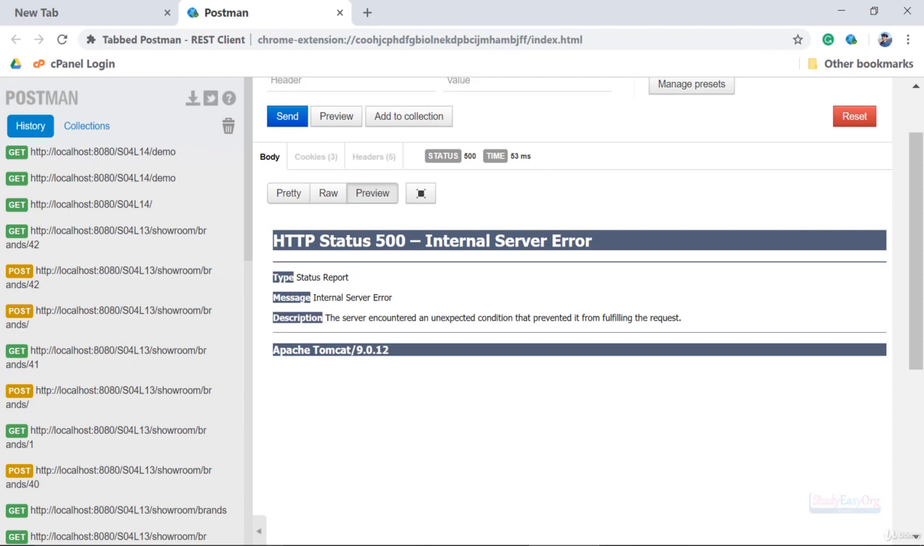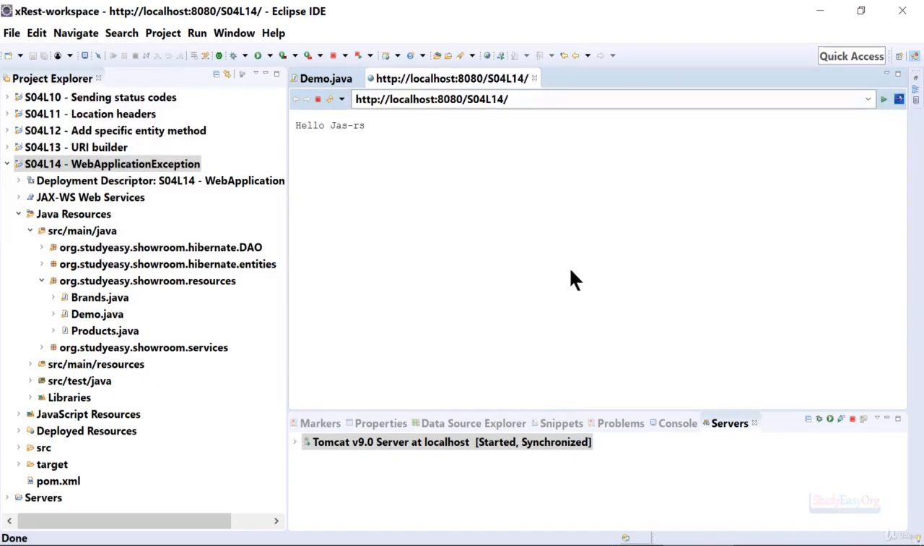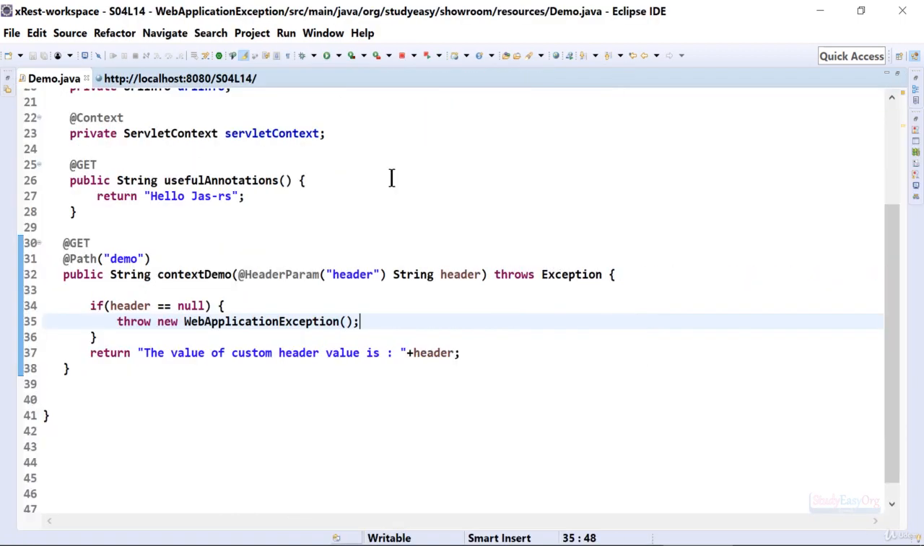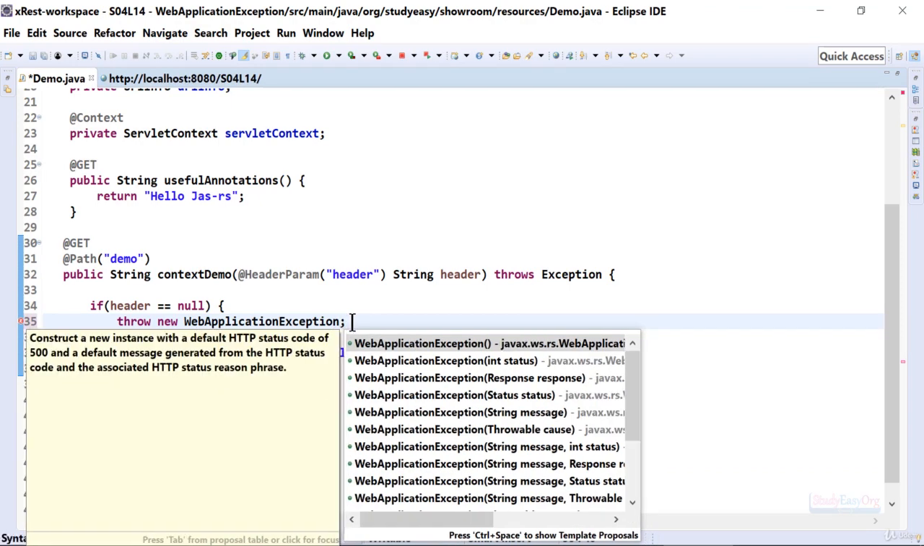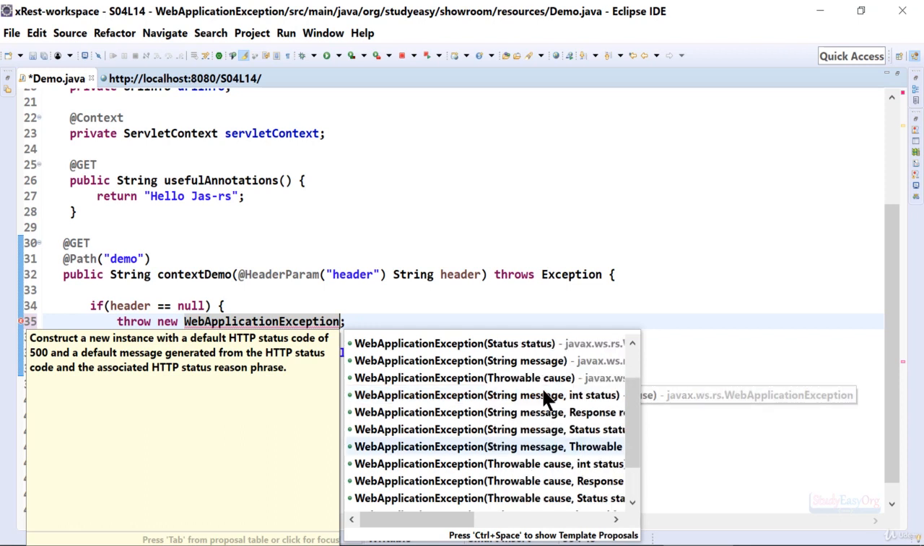Why is this the case? The reason being, if we check our code, let me expand this. In here there are multiple versions of WebApplicationException available. One type accepts a status, then we also have response, and we also have the throwable cause. We can also add multiple things like a message and a response. So there are multiple things which we can do, and if we provide sufficient information to this constructor, then only will Jersey be able to